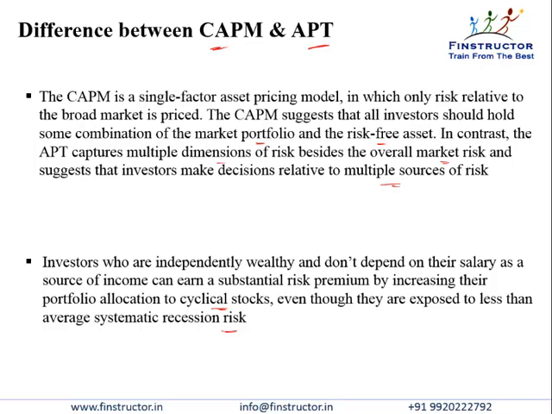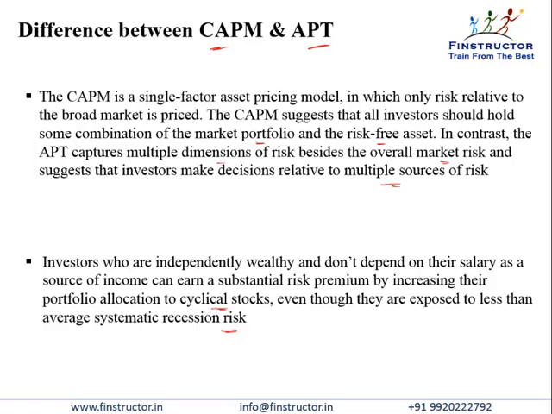recession risk. Now, cyclical stocks generally are more volatile and they do present the possibility of a big loss. However, big gains also come. For an investor who is generally not independently wealthy, will try to avoid such stocks because there is a risk that these stocks may underperform greatly or there may be a big loss. So what the theory says is that if a lot of people are avoiding these stocks because of this reason, because of the potential of some downside or some big downside, then investing in them may be giving you an